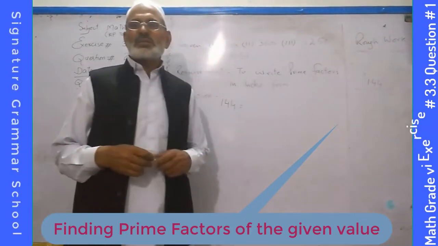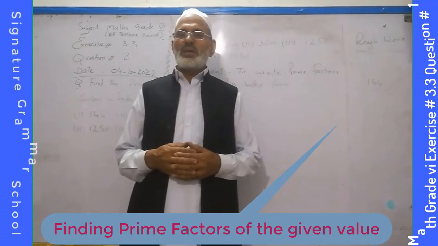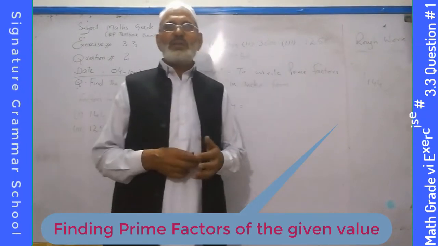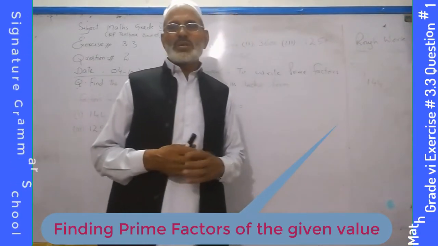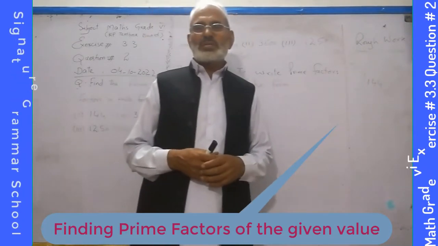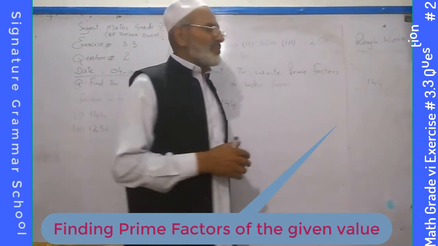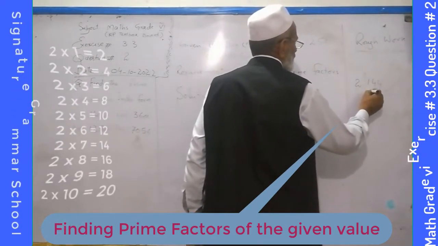Now, in the unit place, there is 4, means that this value is divisible by 2. And this value is again divisible by 3. Why? Because if you take the sum total of these digits, it becomes 9, and 9 comes in the table of 3. But 2 is the lowest, therefore I am dividing this value with 2, 2 7s are 14,